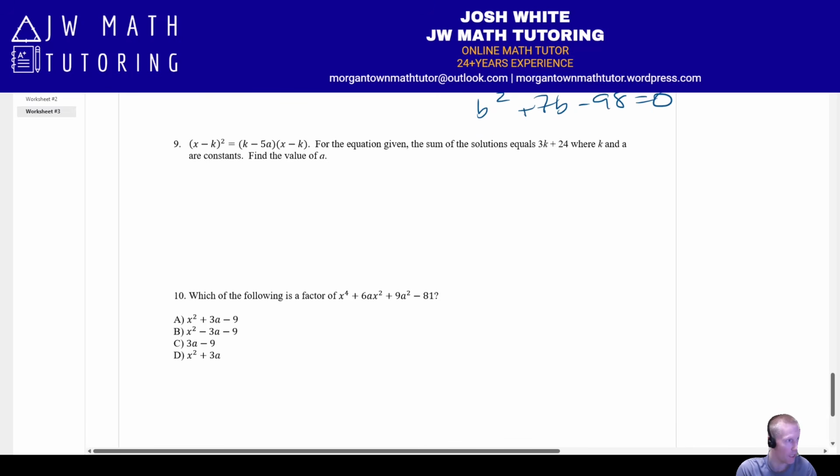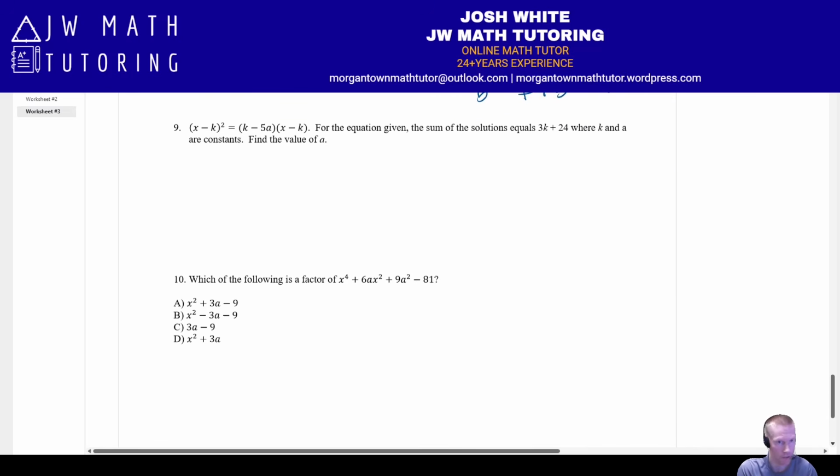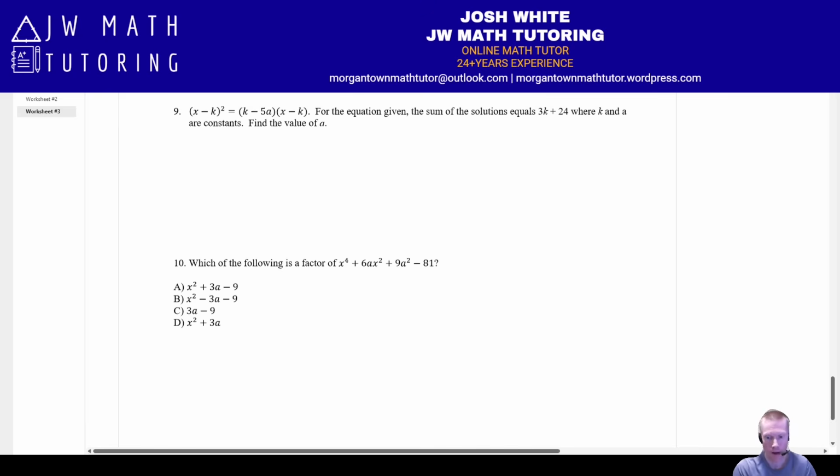All right, next up, number 9. This is another repeat question. This is a sum of solutions problem. First, I will show you how to do it by hand, and then after that, I will show you how to do the entire thing again in Desmos. So, if I was going to solve this by hand, I would